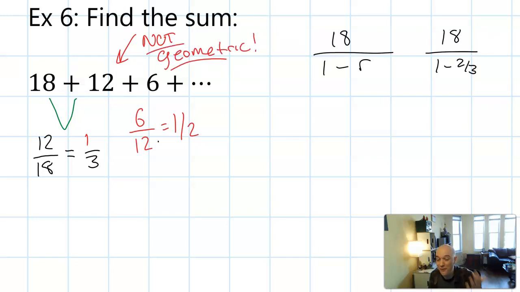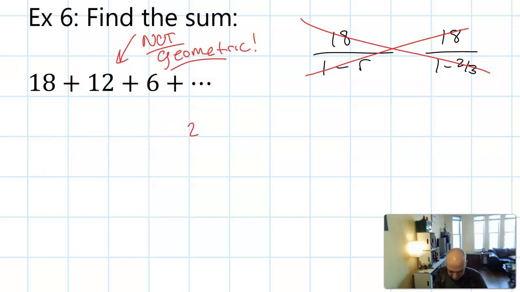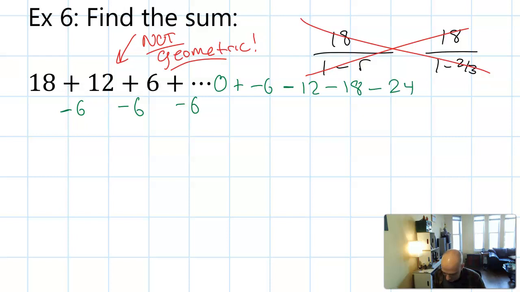So there's no way you're going to use this formula to get any useful result. That formula only works for geometric sums. In fact, I wrote this to be arithmetic. Maybe you've already picked up on the pattern. I'm just taking away 6 every time. So the next term would be 0, and then it would be negative 6, negative 12, negative 18, negative 24,